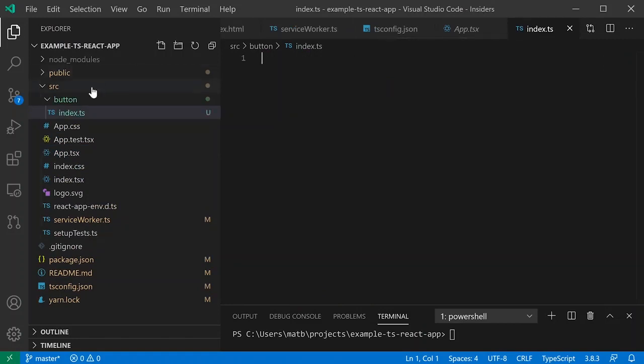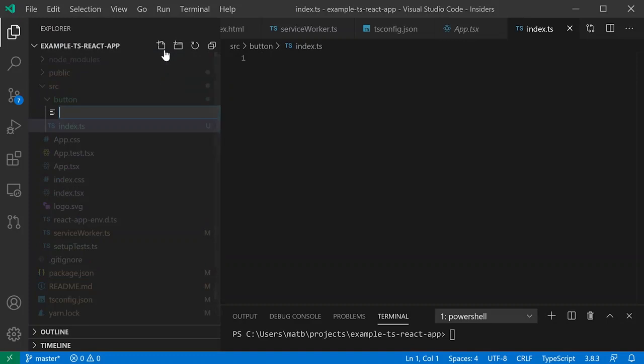You'll see that VS Code has created a directory called button and then created a new file called index.ts inside of that directory. So I didn't have to use the create folder first and then create a file inside of there. I could just use the new file command. Now, of course, you can also get more complicated with this. So if I wanted to do something like